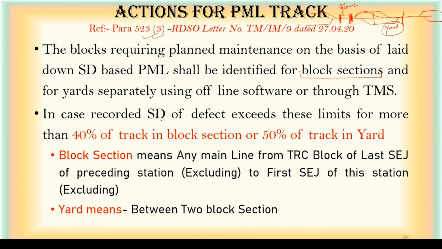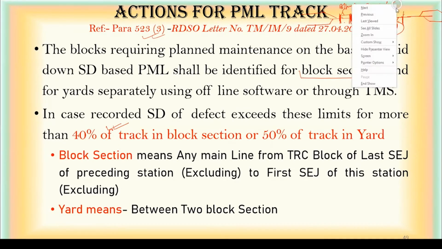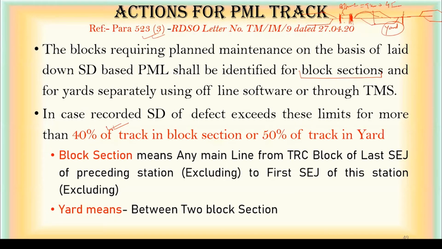And say that in case the recorded standard deviation defect in this block section is more than 40% of the stretches, more than the PML limit. So in this block section, out of the block section length, 9 kilometers, in these 9 kilometers we will generally get 45 what you call TRC blocks, 45 TRC blocks. So now we have to see the stretches or the TRC blocks where the PML limit has exceeded,